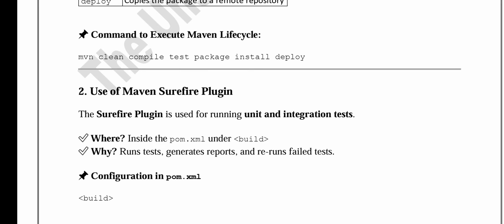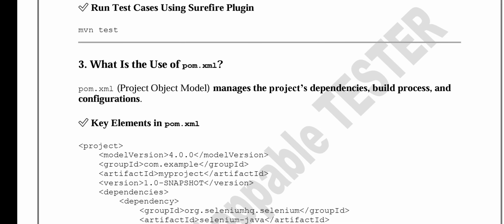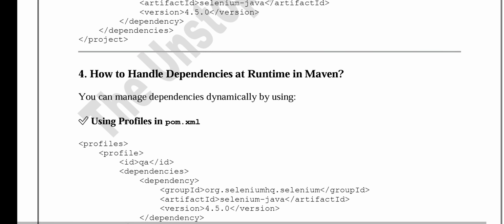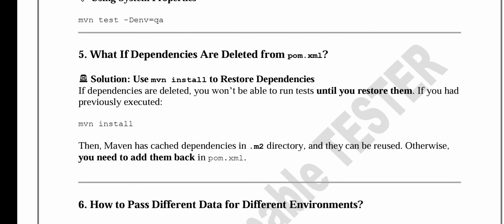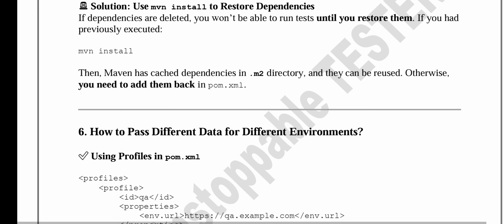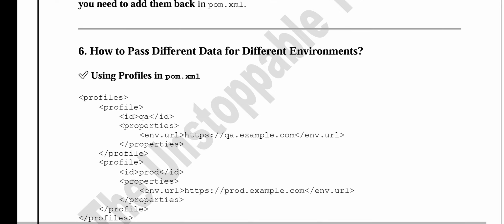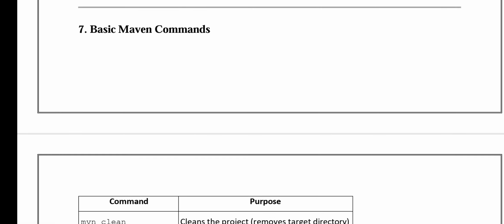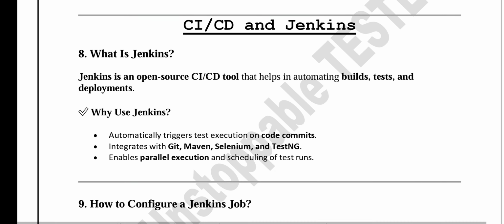And the usage of Maven Surefire plugin. What is the use of pom.xml file? How to handle dependencies at runtime in Maven? What if dependencies are deleted from pom.xml file? How to pass different data for different environments, what are the basic Maven commands, and the next set of interview